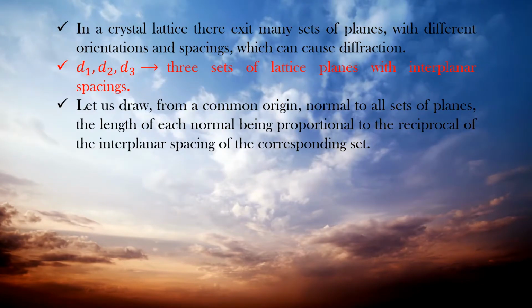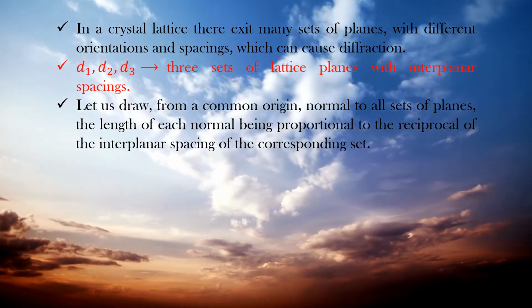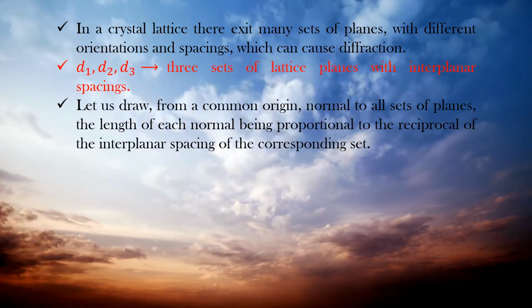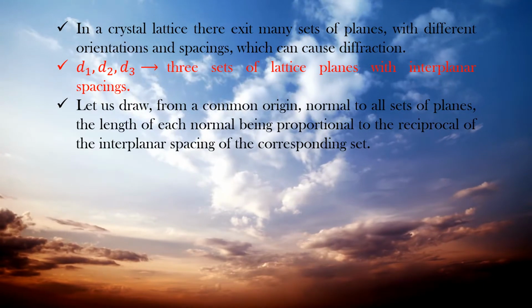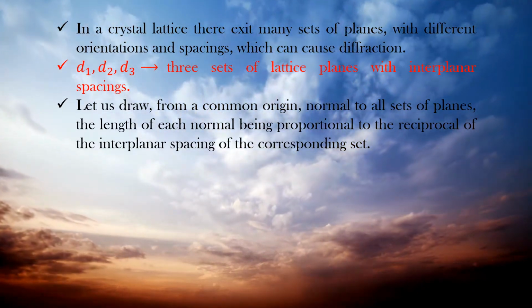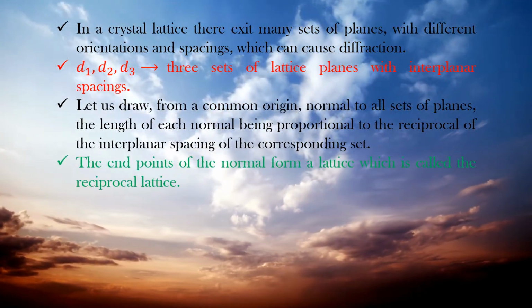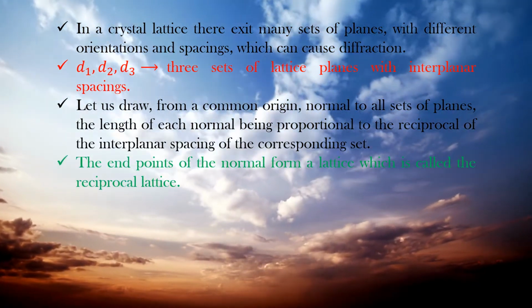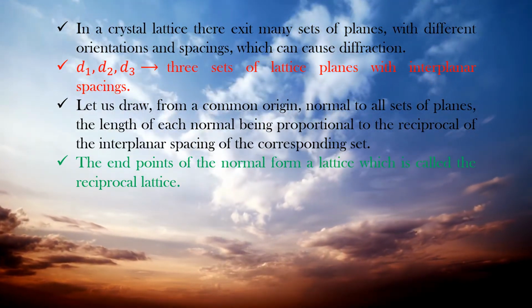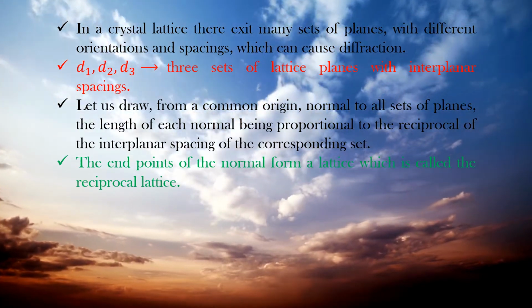Let us draw from a common origin normal to all sets of planes, the length of each normal being proportional to the reciprocal of the interplanar spacing of the corresponding set. So what is meant by reciprocal lattice means the end points of the normals form a lattice which represents the reciprocal lattice,